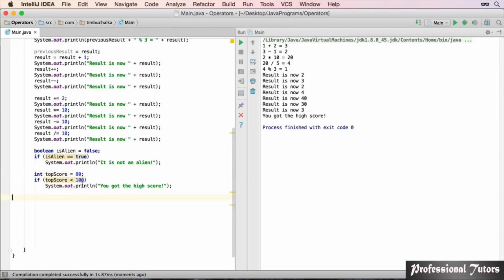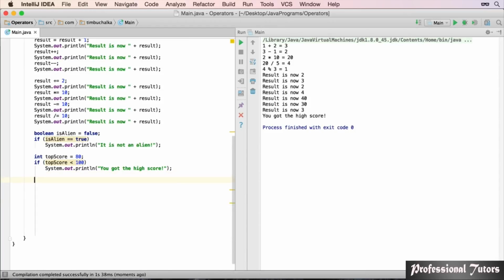So looking at that code, this is actually performing 2 tests here. It's saying if the top score is greater than the second top score, and we're also saying but also we want to check whether the top score is less than 100. So in this case, we should find the message will be printed because top score, firstly, is greater than second top score. Second top score is 60, but we've assigned 80 to top score. But we're also putting a test and if the top score is less than 100 and top score is set to 80. So if we run that,